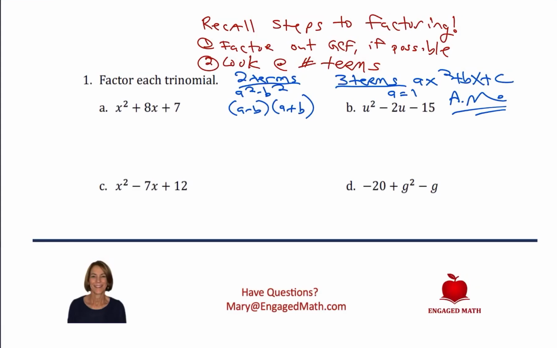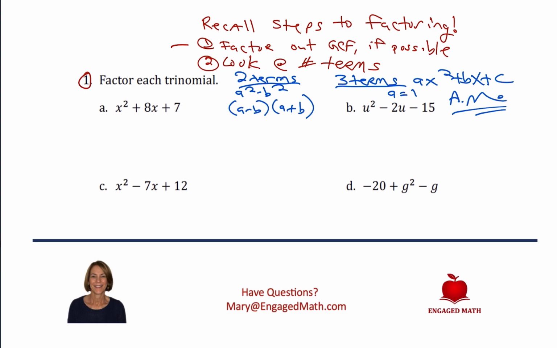Welcome to lesson 19, problem number 1. I already started by writing and reminding you of the steps to factoring, where our first step is always to take out a greatest common factor, if possible. Our second step is to look at the number of terms, and what we've done so far in past lessons